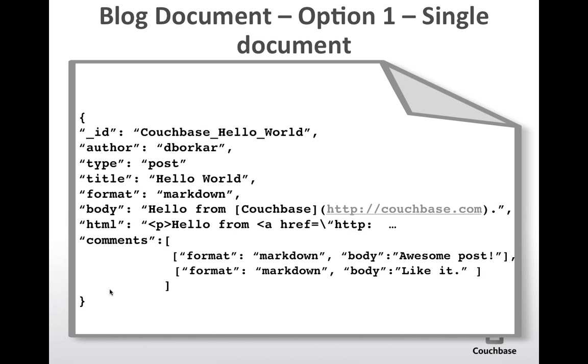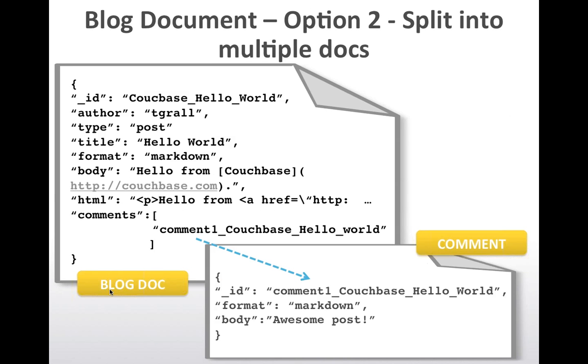You don't know if a blog post will be only 2 comments like we have here, but if it's Hacker News, you can have hundreds of comments related to a specific blog post. So you may have a bigger and bigger document that will be slower to download to your application. This is why you may want to use another approach where you deal with another document that is linked to the main blog post. And when I say linked, it's something that you will have to deal with inside your application using some code or using some specific pattern we have with keys to say this comment is related to this specific blog post.